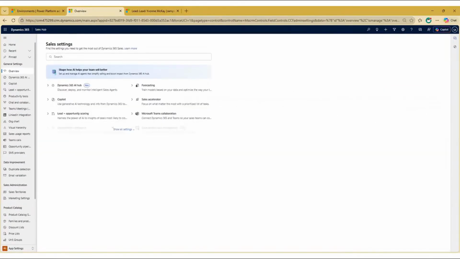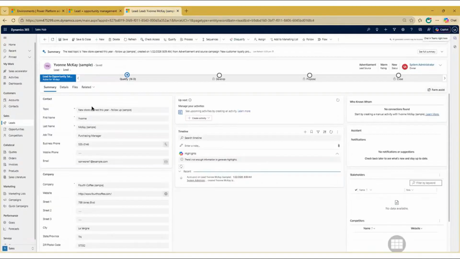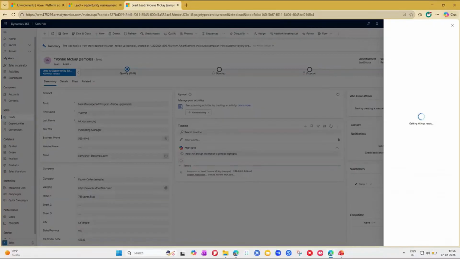But now what I will do is, I will go to app settings, and from here we have this lead plus opportunity settings. The first option is lead qualification, and here at the bottom we have this option to enable lead qualification Copilot summary. So you need to just enable this checkbox. Once a seller qualifies a lead, let Copilot summarize its key info, and you need to save this page. And now if you come back to any lead record, and if you qualify this lead record,